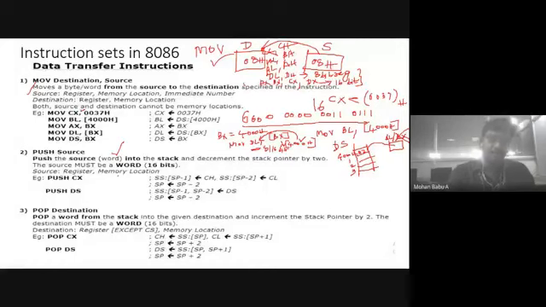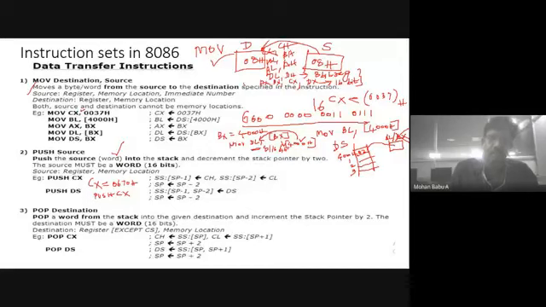Okay, push CX. So CX contains how many bits? For example, in CX I gave one number, 0670H. This is 16-bit data. I need to transfer the 16-bit data into the stack memory. So what I will do is push CX. The 16-bit data assigned to the CX register will be moved into the stack segment.